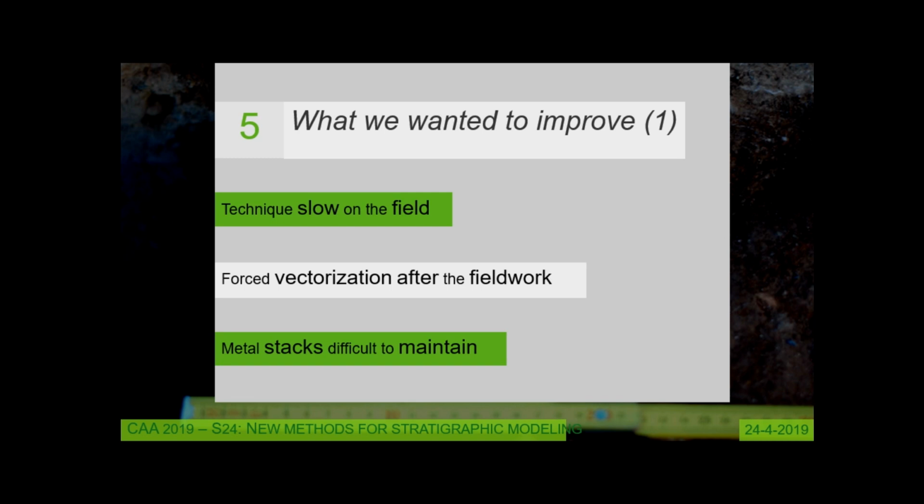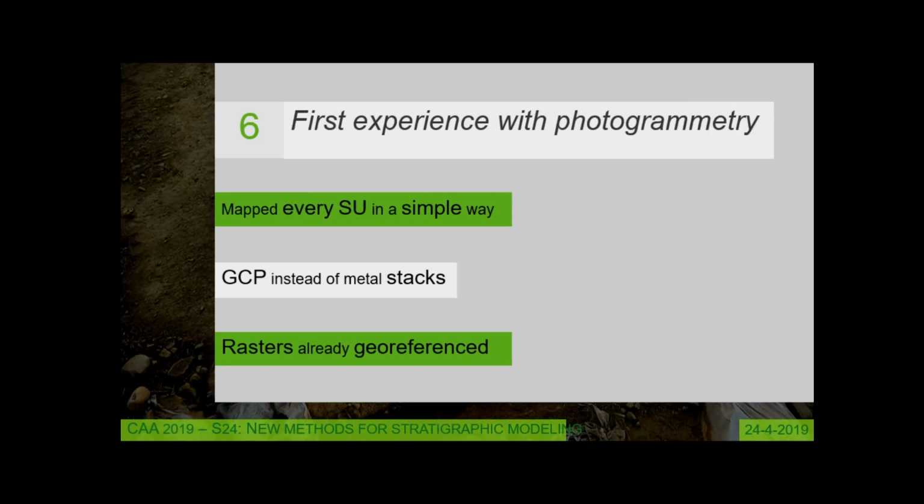The record was on paper, so we had to scan every plan and every section, and vectorize them after the field work. Really expensive in terms of time. And every metal stake was really difficult to maintain. They were all over the area, and when we dug down, of course they moved and they were not trustable anymore. So we tried to use photogrammetry, and this was a really good idea for us, because with photo